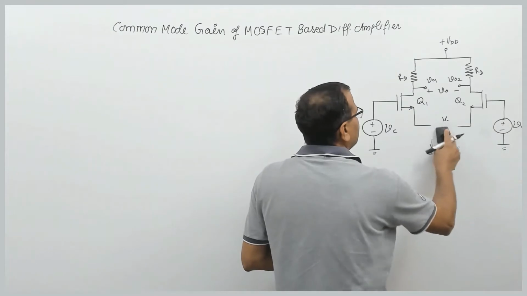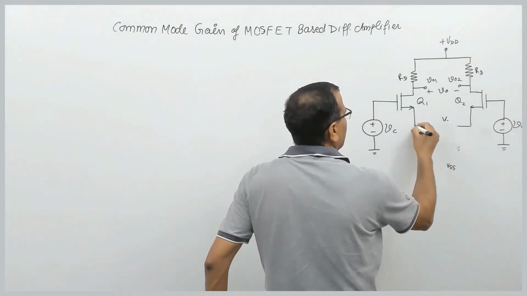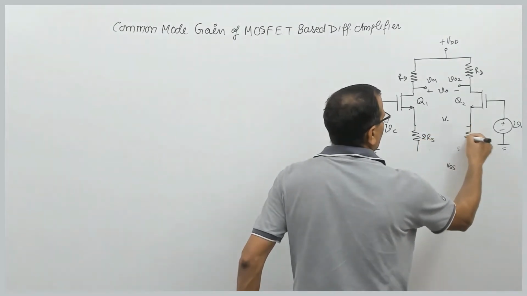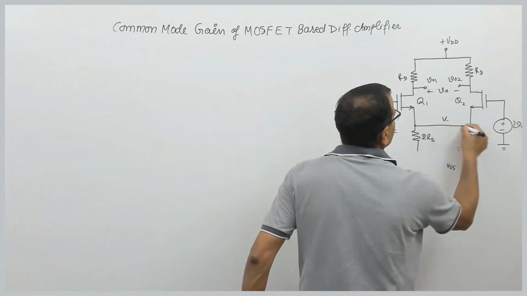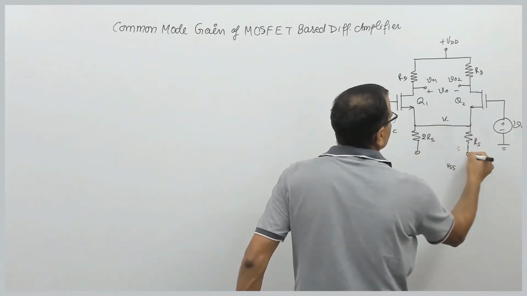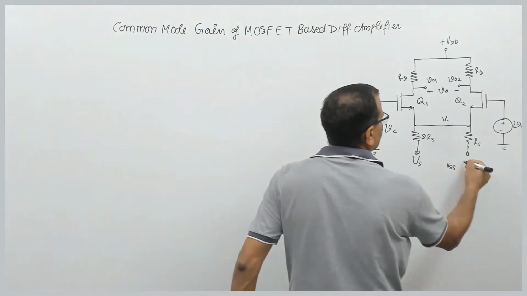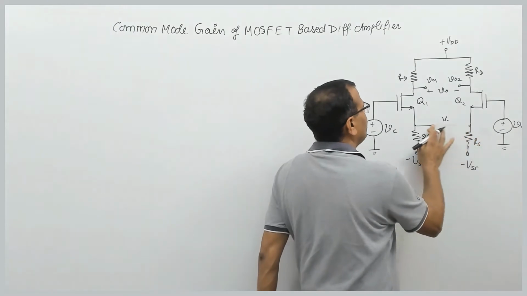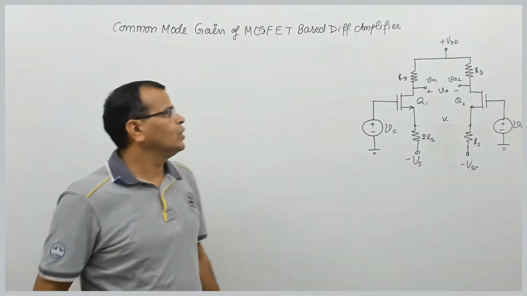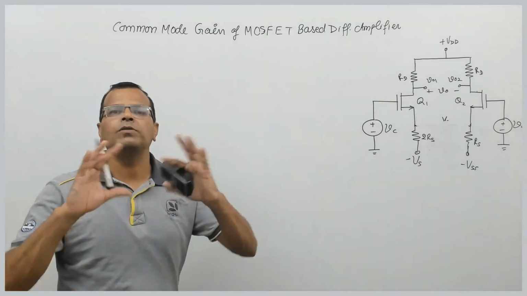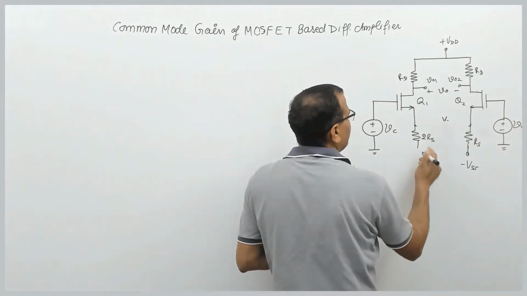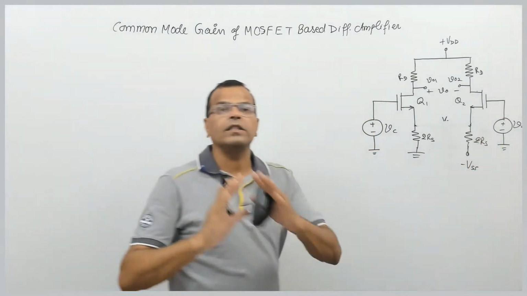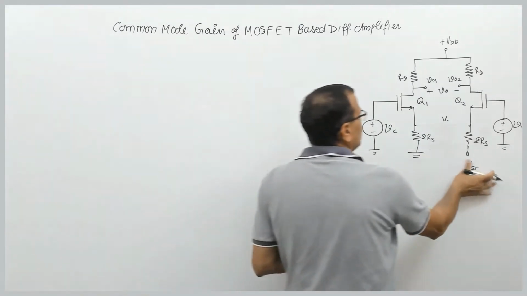We separate this resistance by a value equal to 2Rs here, and since it is at same potential, both terminals are at the same potential. This is Vs, this is Vss. That is incremental. It is at the same potential. So for small signal analysis, this is replaced by ground. This is 2Rs. So that resistance Rs is split into two equal values, that is 2 RSS.